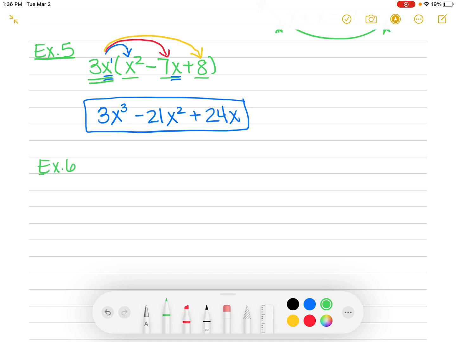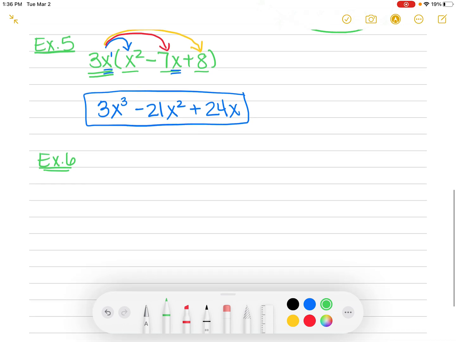I want you to take what you didn't get right in that problem, think about it. You can even rewind, recheck it, say, okay, I didn't really understand. Watch me do it myself. Figure out what you did wrong, and then start doing number 6 and figuring out what to do in number 6. So we're going to have